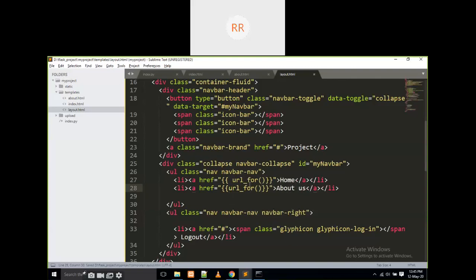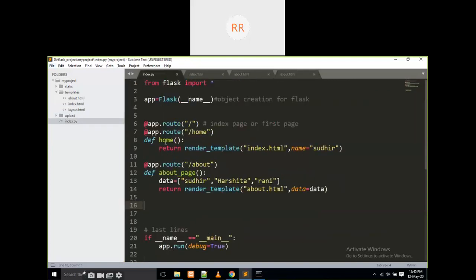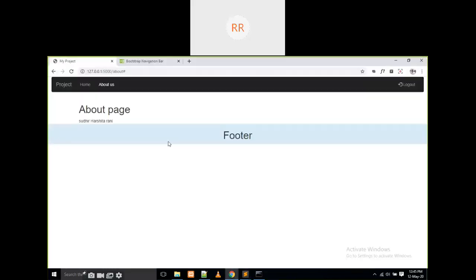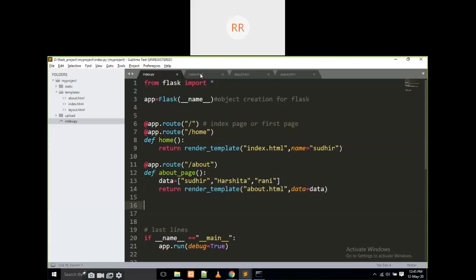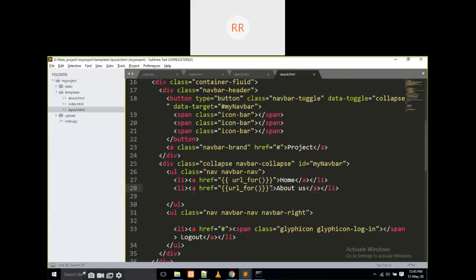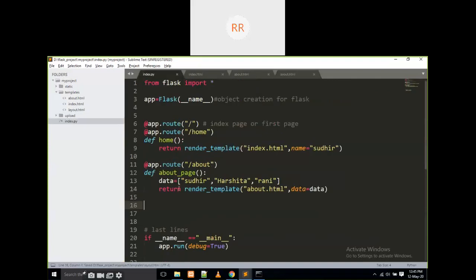In this url_for, we have to call this one home, within single quotes, home. Here it is going to be about_page, and this is home.